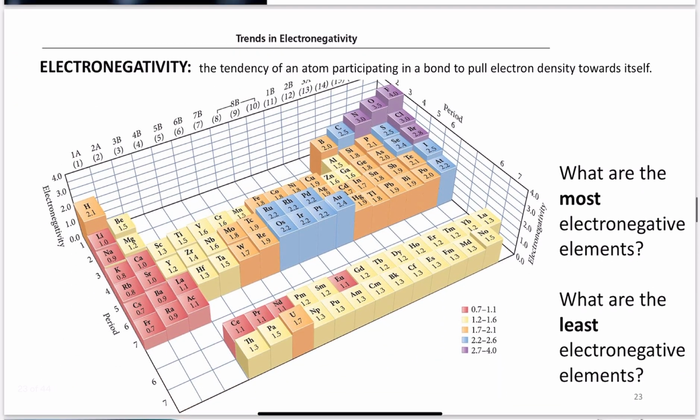And you can see the trends here. Again, we told you that the trend follows ionization energy, so it increases across the table and up the table. It's the tendency of an atom participating in a bond to pull electron density towards itself. What are the most electronegative elements and what are the least? Well, following your trend, you can see that cesium and francium are the least. Fluorine is number one, followed by oxygen, then nitrogen, chlorine. You need to know the general trends, but you also need to know that first place,